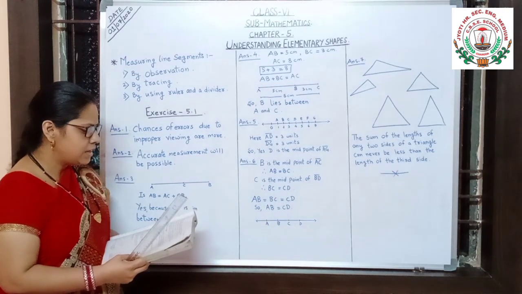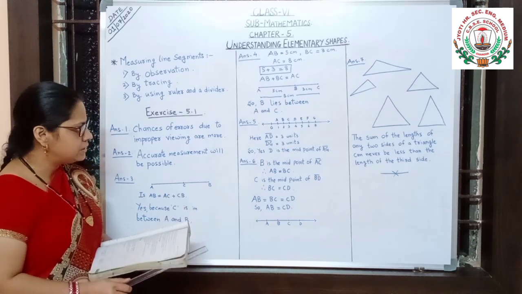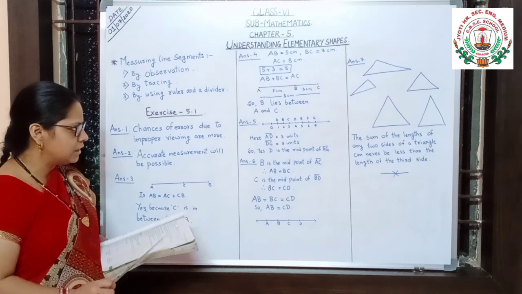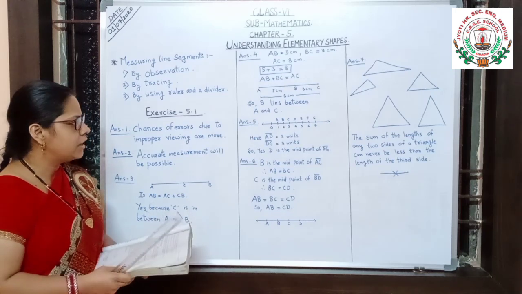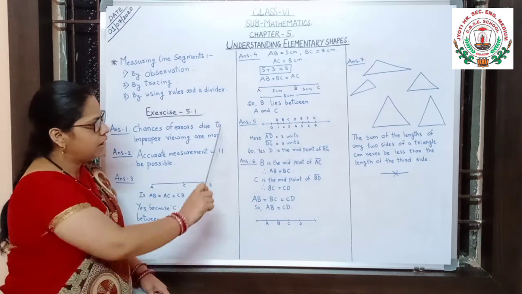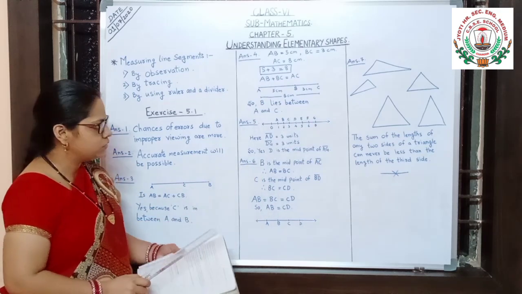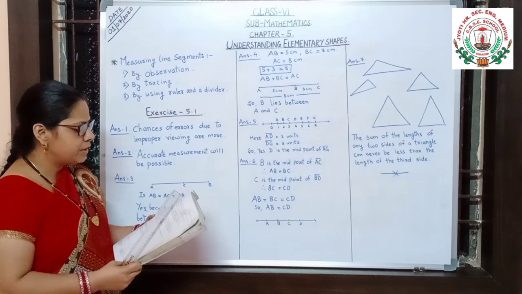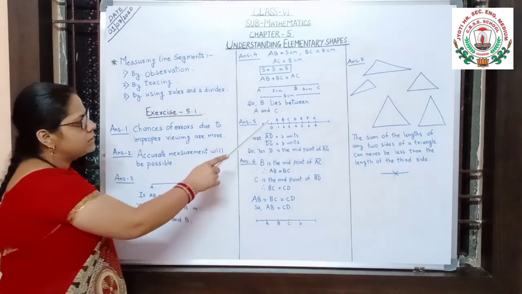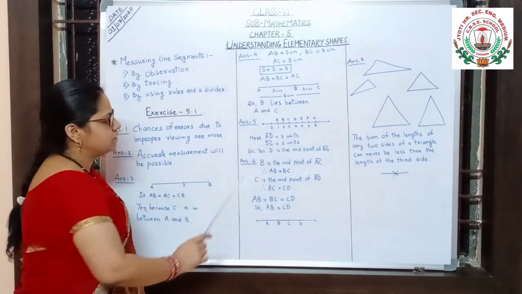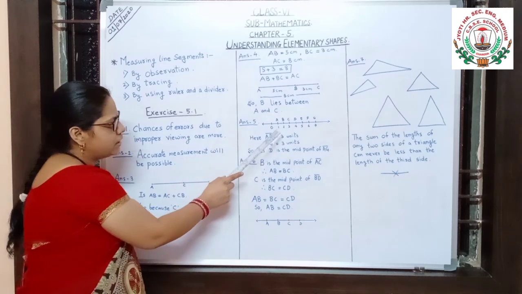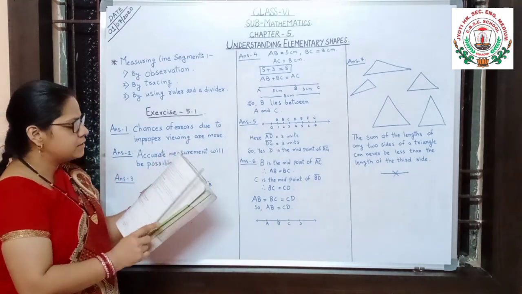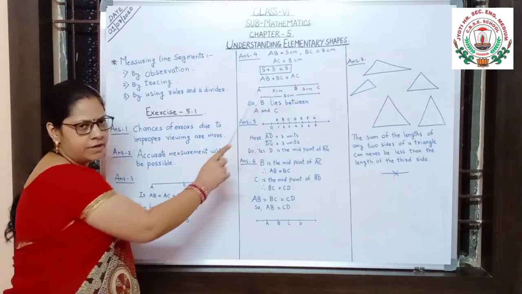Verify whether D is the midpoint of AG. One line is given there. Different points are given and different alphabets are marked, A to G, and markings of the numbers are also given, 0 to 7. This is the point A and this is the point G. First we are taking AD because D is asked. D is the midpoint, so up to D we will take.